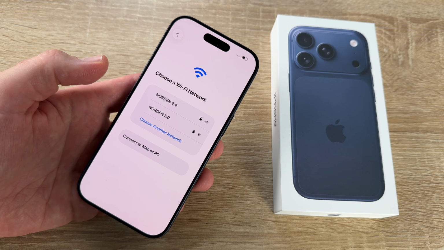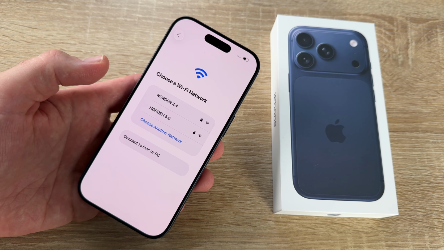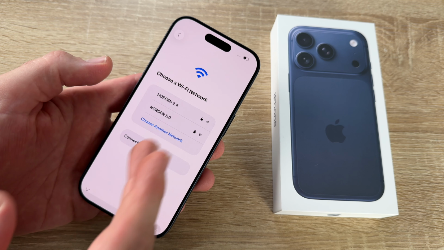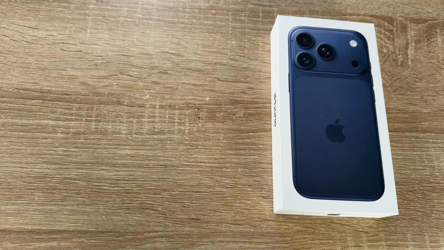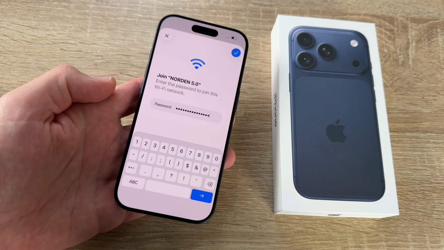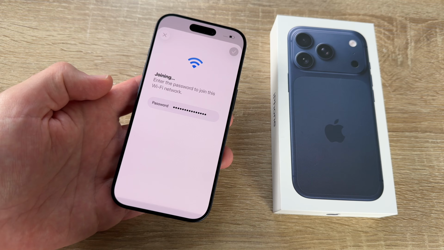Now we have to choose a Wi-Fi network. You will need internet access with that phone to activate this. So we choose now a 2.4 or 5 gigahertz Wi-Fi network, and we have to enter now the password for this Wi-Fi to join this Wi-Fi.